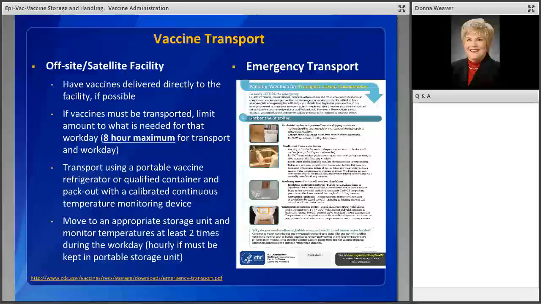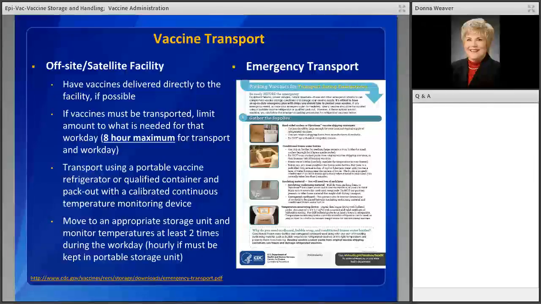Immediately upon arrival at the off-site or satellite facility, vaccines should be stored in an appropriate storage unit with a calibrated temperature monitoring device, and temperatures should be read and recorded a minimum of 2 times during the workday. If vaccines cannot be stored in an on-site storage unit and they must be kept in the portable storage unit during the off-site clinic, the temperature should be read and recorded at least hourly. The container should be kept closed as much as possible. And no more than 1 multi-dose vial or 10 doses should be removed at a time by each person that's